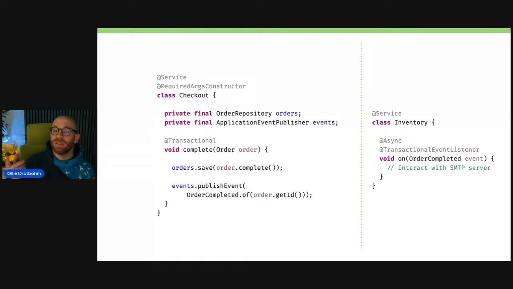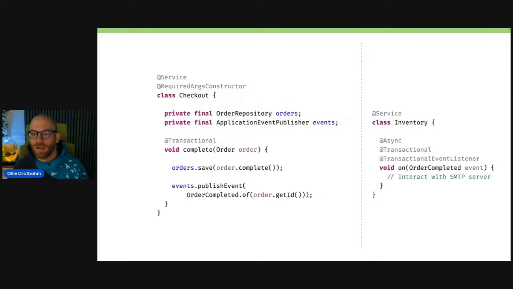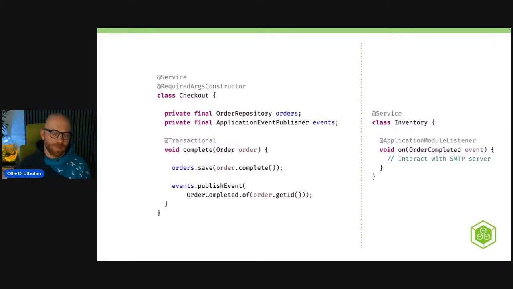But at this point, as we're dealing with the database, we actually want to make that event listener code transactional in turn. And at some point, this gets a bit ridiculous, because then you have an add transactional event listener annotation here for something that's basically expressing, oh, here's some secondary functionality invocation that we want to just attach to the original execution or process, but just execute asynchronously. That's why Spring Modulith just provides a composed annotation that says application module listener, because it's kind of the